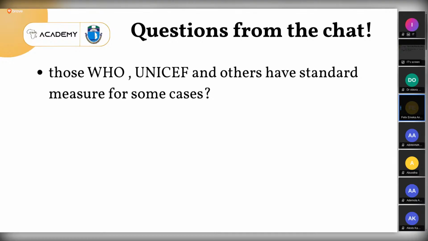Because when you design your own questionnaire and you collect your data and use it for your project, either bachelor's or master's, when you now want to publish that work, the reviewers are going to give you a tough time because they would want you to prove how you validated that tool, because that tool has to go through a validation process.